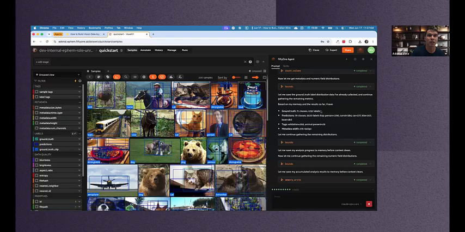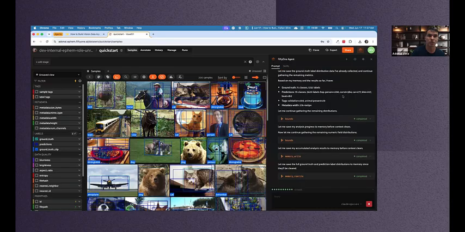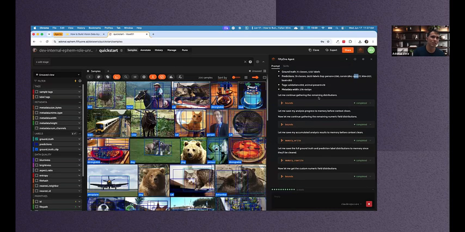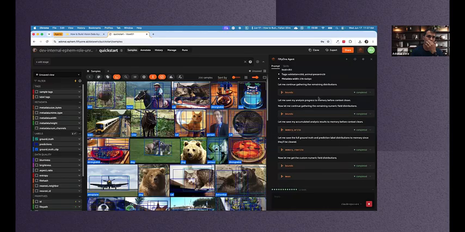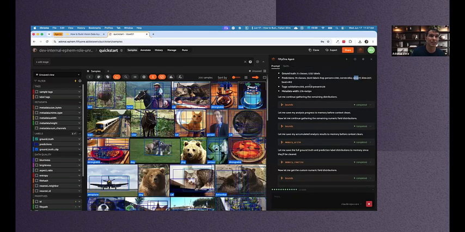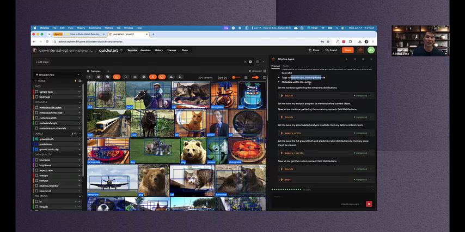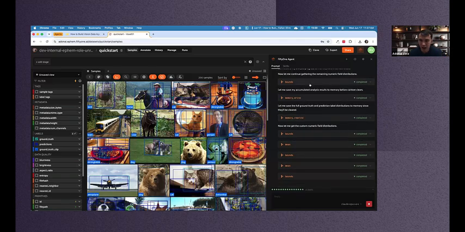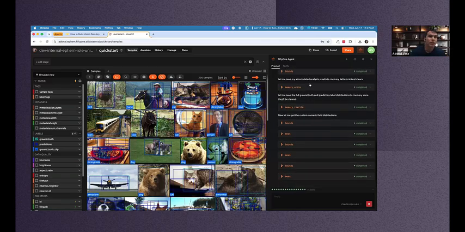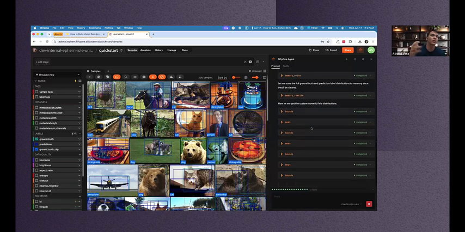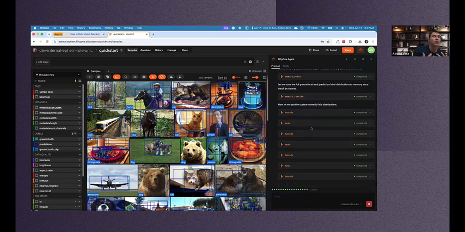For now, it found that there are 71 classes. It found top classes like person, carrot, car. This is for object detection, but this works with any data set. It tells us that there is a validation tag. There is some relevant metadata here, like the size of the images. And it starts to create all of these MCP calls to be able to get all the information of the